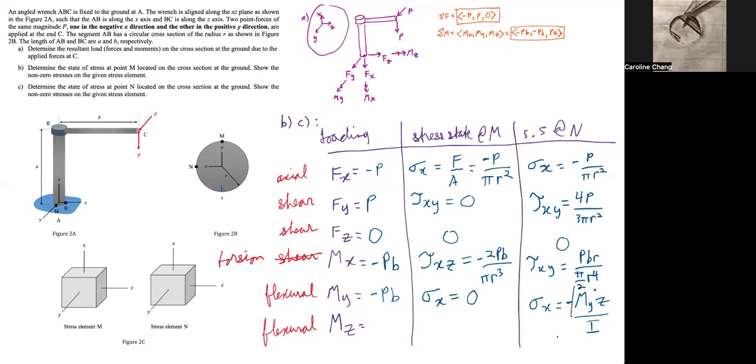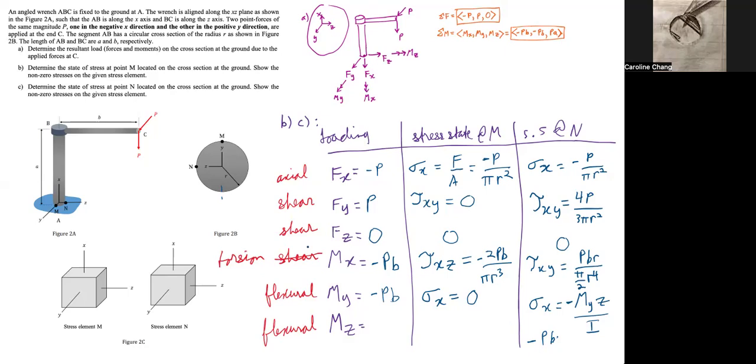So negative, absolute value of My z over I, the whole thing under absolute value. So this one will be equal to negative PB over